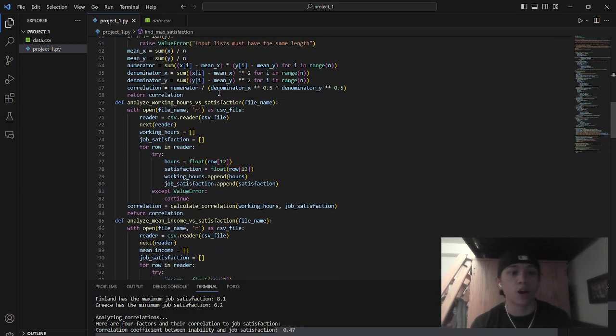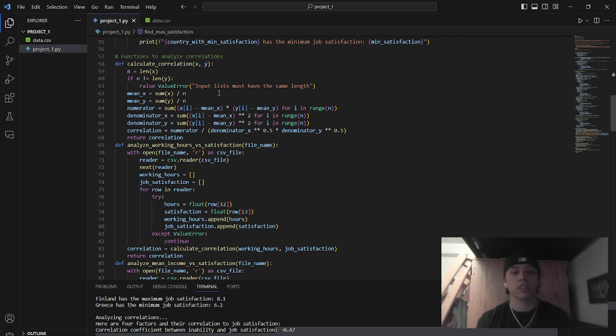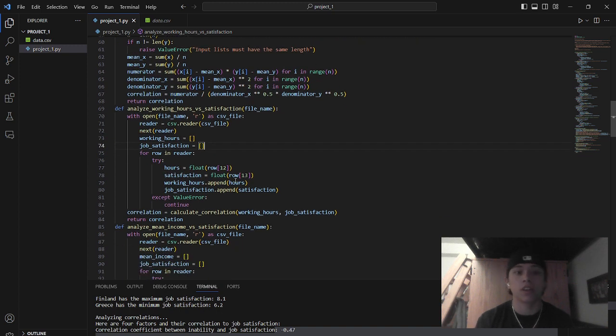We start off by opening the file, which is our arguments, data.csv. We create dictionaries, working hours and job satisfaction. We will iterate through to the row that we are interested in, which in this instance is working hours. We also want to look at job satisfaction, and we just kind of want to check whether or not,